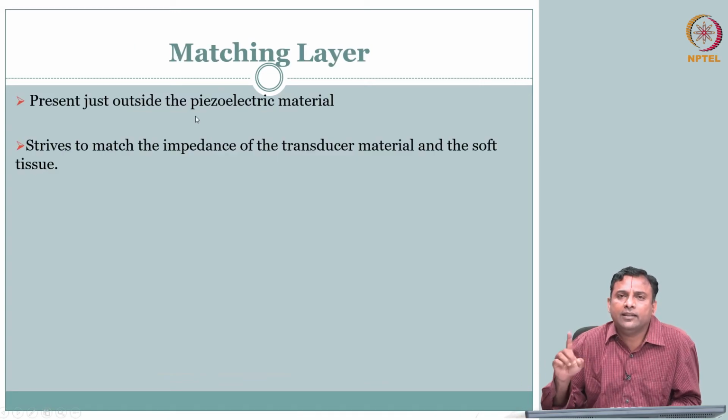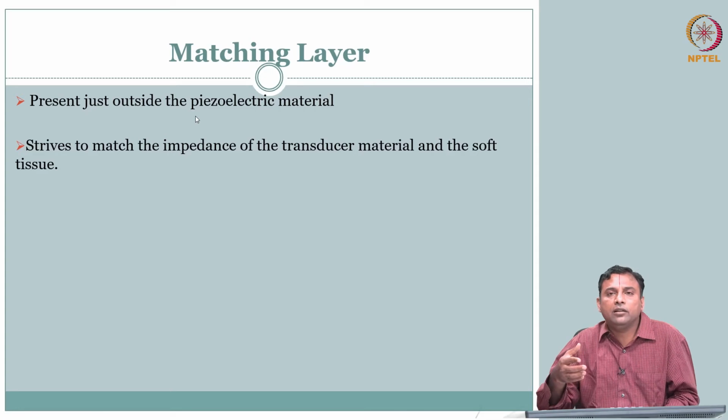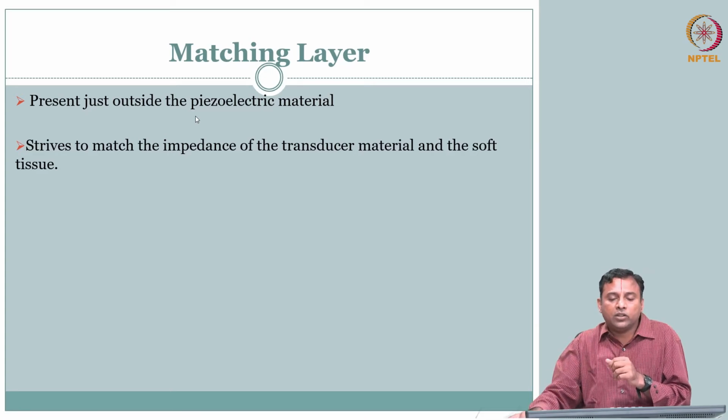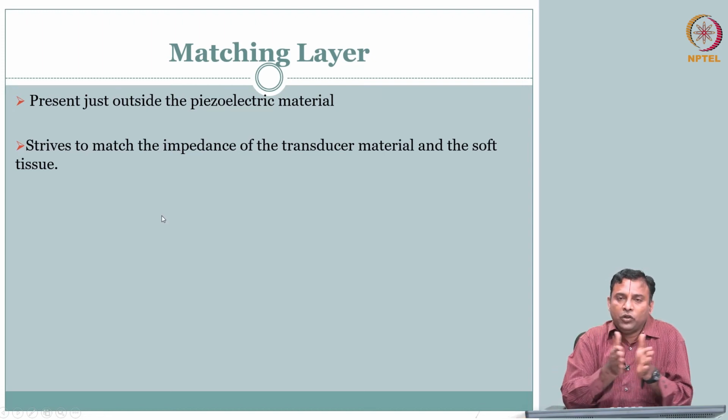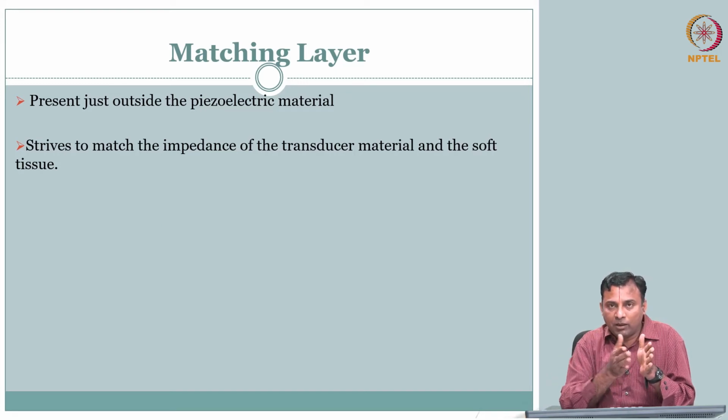Okay, crystal was there. There is another one that was there in front, just outside the crystal. We saw what is called a matching layer. So here we kind of talked about this a little bit. The crystal is going to generate the wave, right? How do I send it into the body? Remember we talked about when you have to send it into the body, if there is air here, we talked about impedance mismatch. So first thing is the crystal can generate, but what is generated has to come out, right.